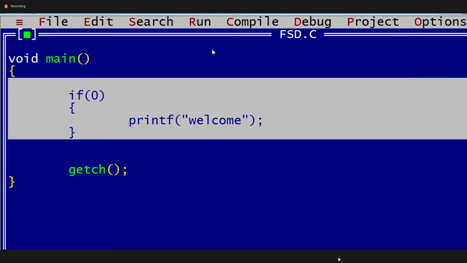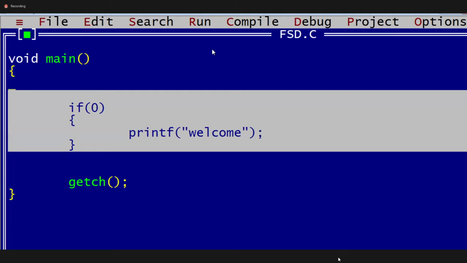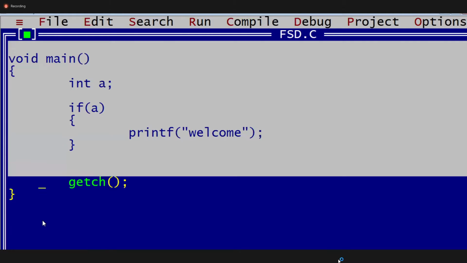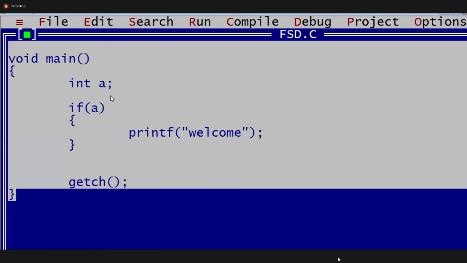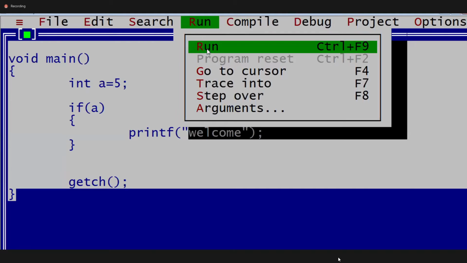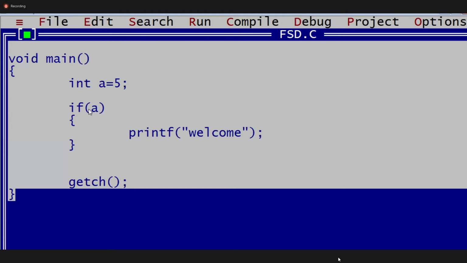Yeah, guys. Now write the first program. See this. Now I want to write if A, guys, this is A. Can I write if A, this one? Is it valid? Yes. Can I write A value, guys? Yes, int A. If A. What is A value, guys? Now I am giving A value as 5 or something. Yes, 5 is true. 5 true means welcome will be printed. First example. First write this. If A is 5, can I write if A? Yes, guys. 5 means true.